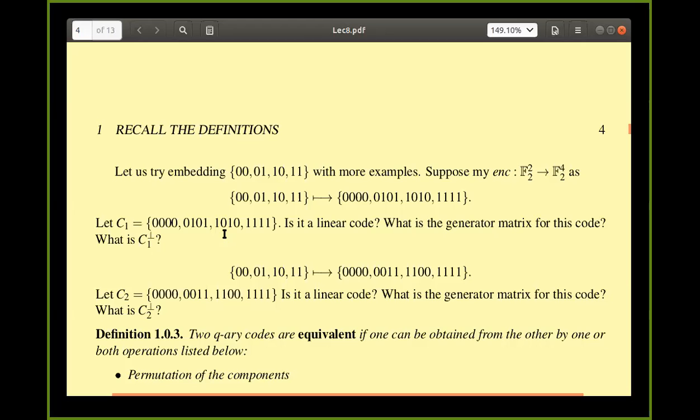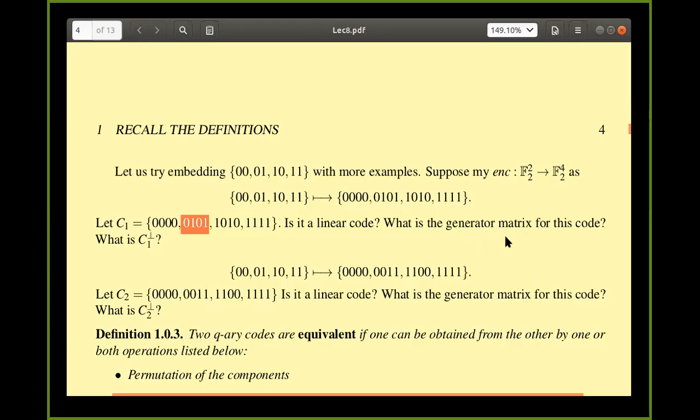So the only thing you need to check in a binary case, very beautiful, is whether the sum is there or not. You take any two elements, their sum is also here, and we are done. Basically, you are checking the subgroup only. So the sum of these two is this one. It is clearly a subspace, right? So it is a linear code.